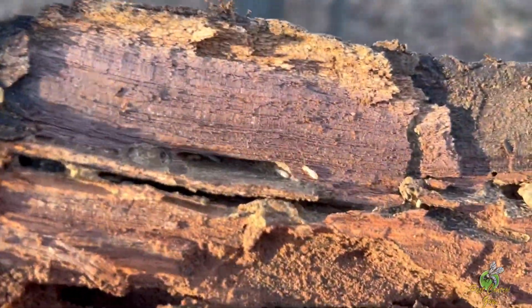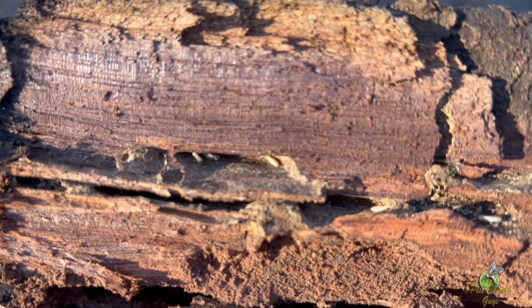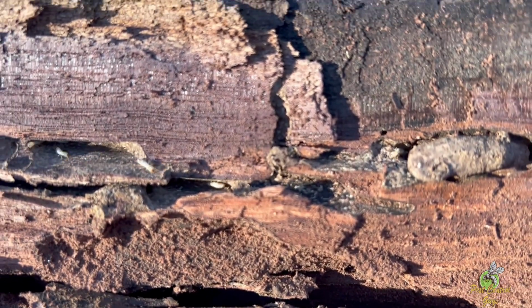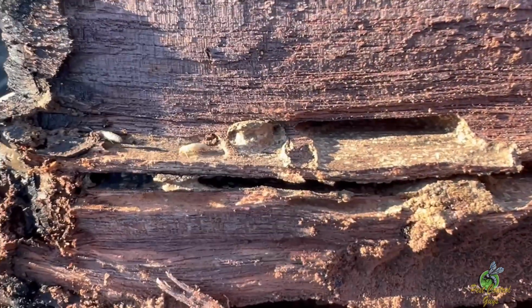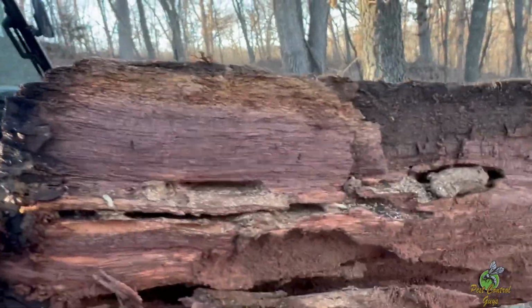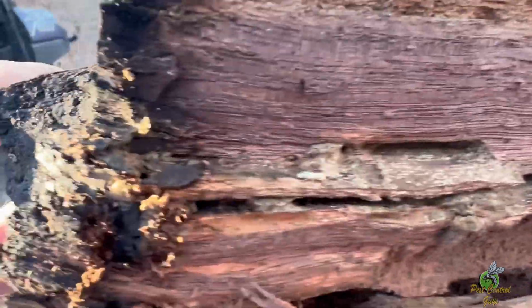We are splitting wood, and we've got termites. That wood was ground level, and again it was 30 below, and there was how much snow on the ground? Like 1.5 to 2 feet. So 1.5 to 2 feet, and we still have active termites here in Missouri